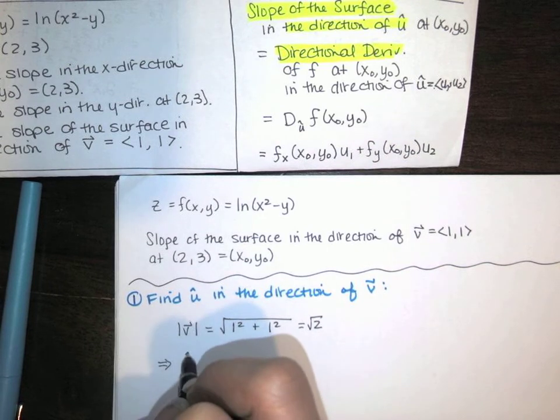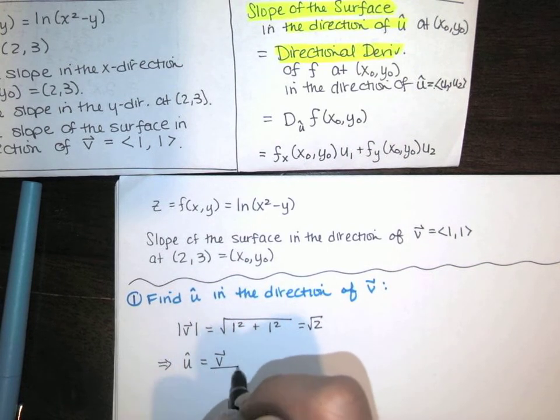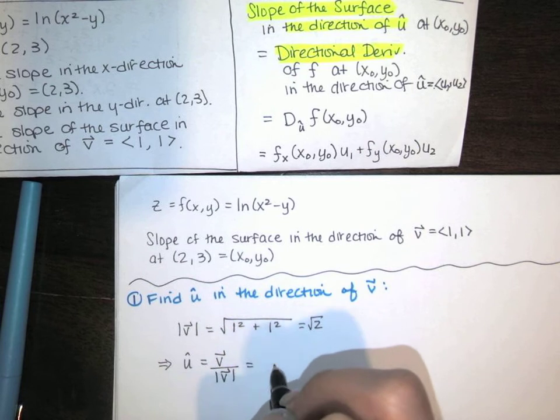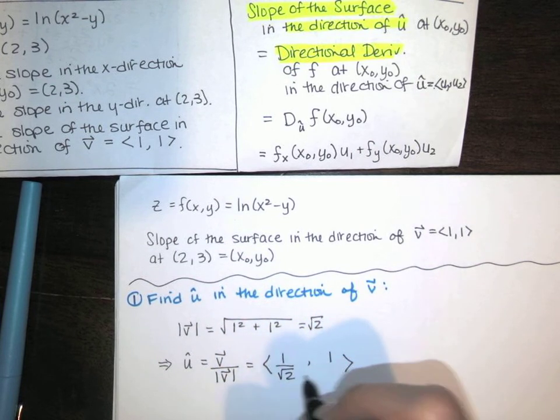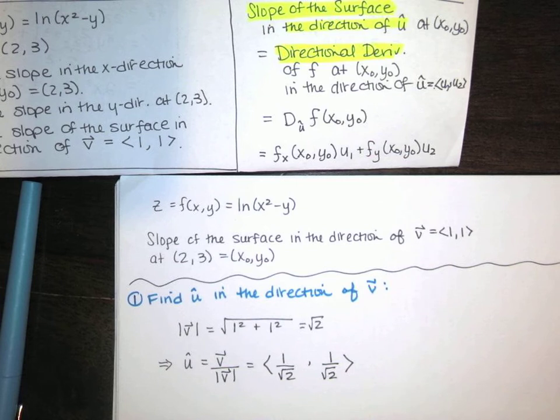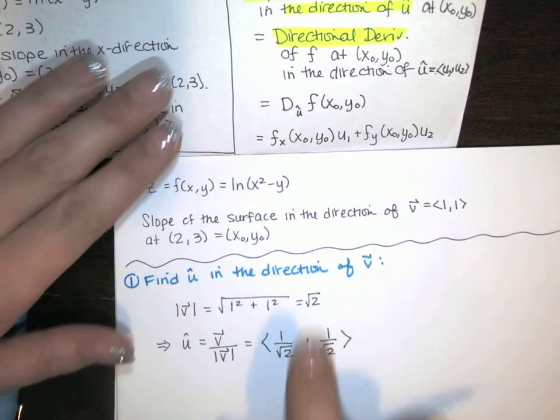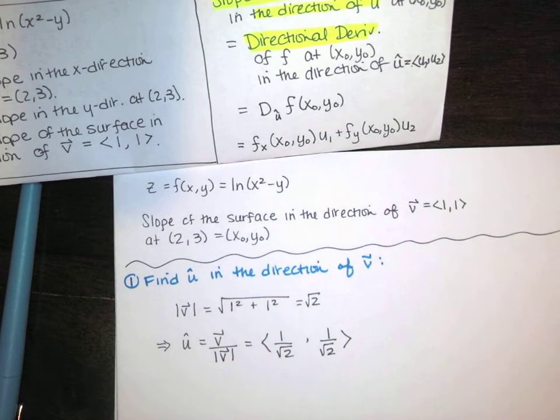So that means our unit vector is the vector v divided by its length. So that's the vector 1, 1, and each of the components is divided by square root of 2. You could rationalize and call that square root of 2 over 2, but you don't have to. Now this is the unit vector in that direction. Well then, according to our directional derivative formula,